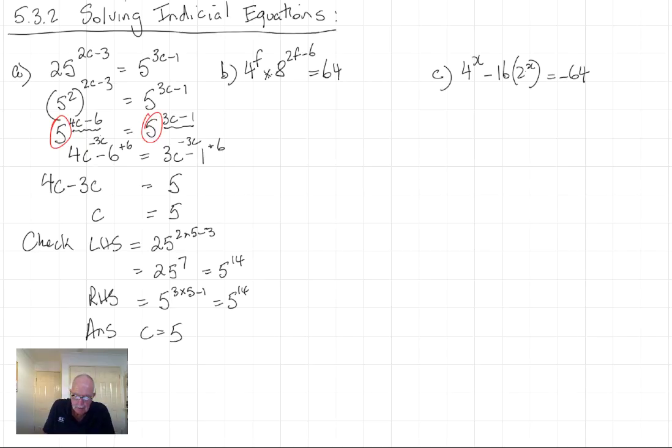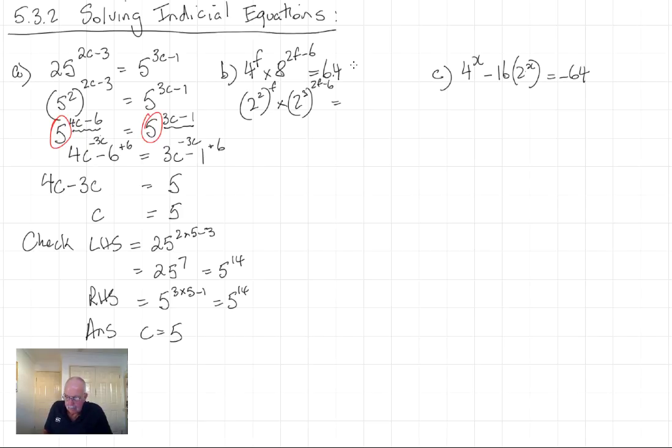Now something's telling me that if we make everything base 2, we're going to use a similar type of process to over here. That can be made into base 2, that can be made into base 2, and that can be made into base 2. So 4 is 2 to the power of 2, and that's got to be all raised to the power of f. 8 is 2 to the power of 3, and that's all to the power of 2f minus 6 equals